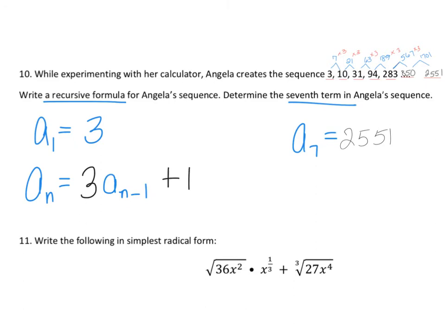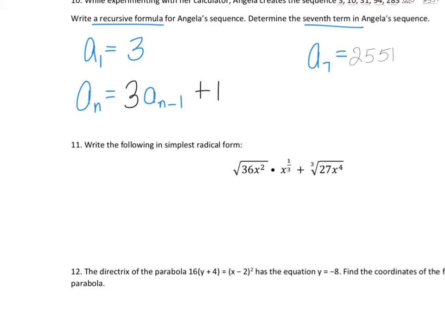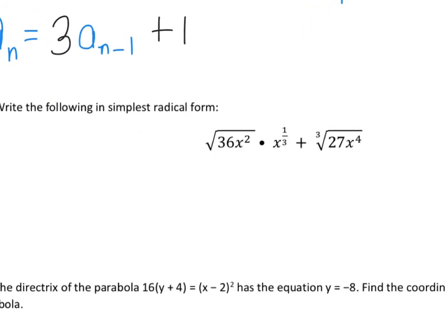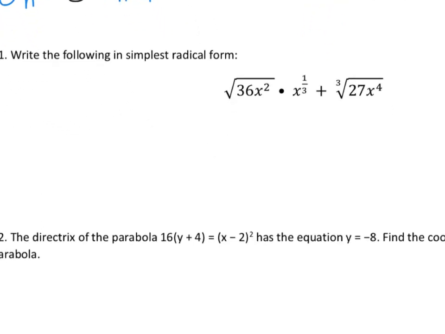So then I tried to see if that worked. So 3 times 10 is 30, add 1 is 31. 3 times 31 is 93, add 1 you get 94, and so on and so forth. So that's your answer. On the test, this next question is just going to say write it in a single